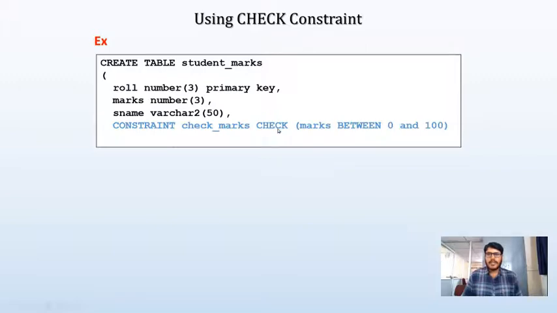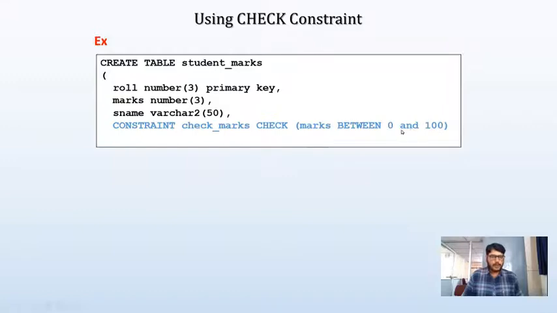After the check keyword, within a parenthesis, we need to specify for which column I want to define check constraint. So here in this case, I want to define check constraint for marks column, because while inserting a value for a marks column, it has to check the value whether it is between 0 and 100.